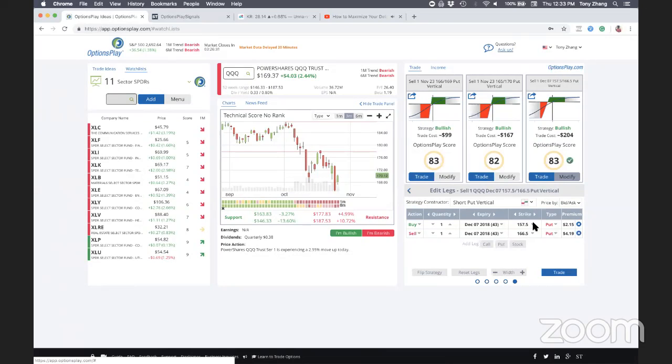But this really allows you to create any size spread and be able to fiddle with the strikes until you collect roughly a third of the distance between the two strikes and find a strategy that suits you. And this is really designed to allow you to have that flexibility of trying out different credit spreads. The thing about credit spreads is that it really differs from debit spreads because there's so many different strikes that you can trade that are still giving you the same risk reward ratio versus debit spreads. It's pretty solid in terms of how you select your strikes.